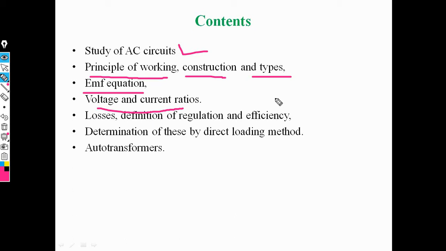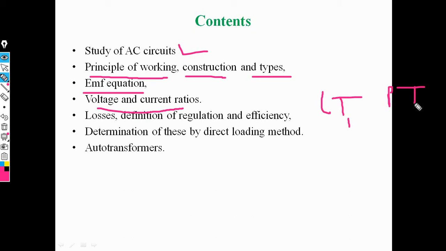that is called the CT-PT ratio. CT means current transformer and PT means potential transformer, that is, voltage transformer. Also in these contents we have transformer losses, then definition of voltage regulation and efficiency of